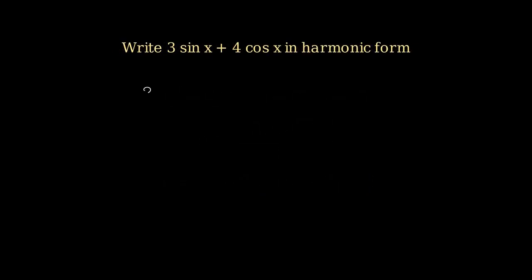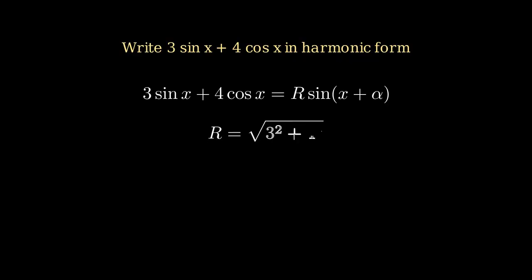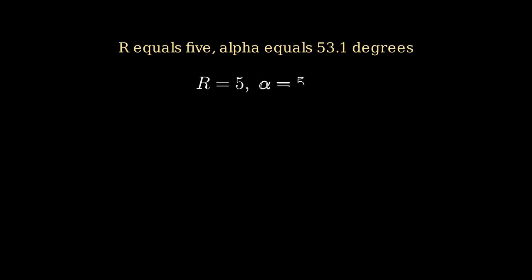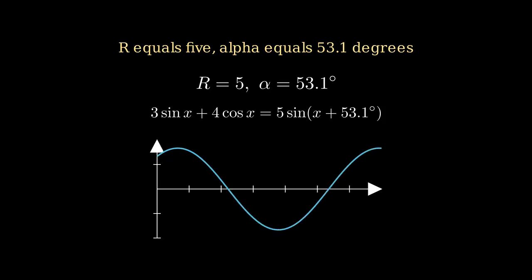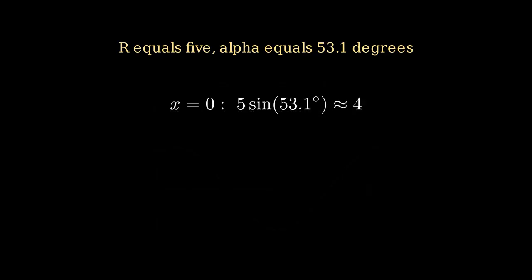Next we write 3 sine x plus 4 cosine x in harmonic form as r sine of x plus alpha, where r equals the square root of 3 squared plus 4 squared, and tangent of alpha equals 4 divided by 3. This gives r equals 5 and alpha equals 53.1 degrees, so 3 sine x plus 4 cosine x equals 5 sine of x plus 53.1 degrees. Checking at x equals 0, 5 sine of 53.1 degrees is approximately 4, which matches